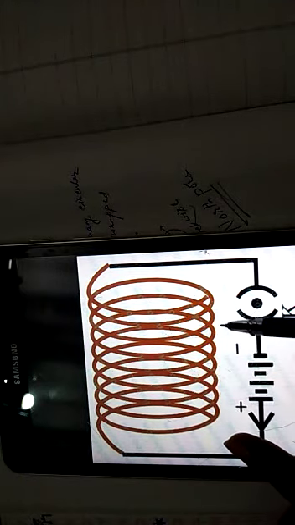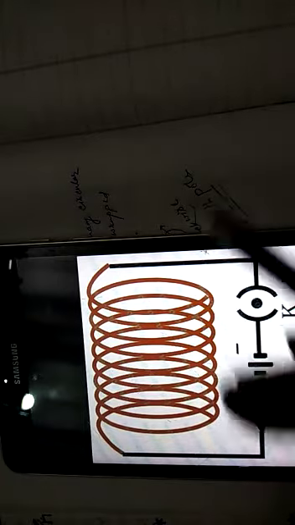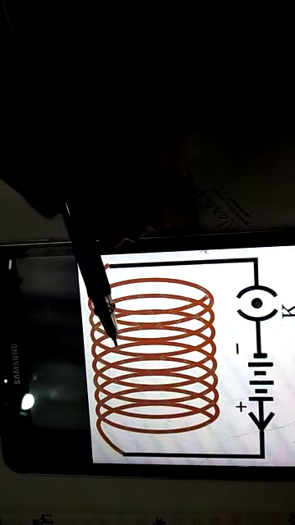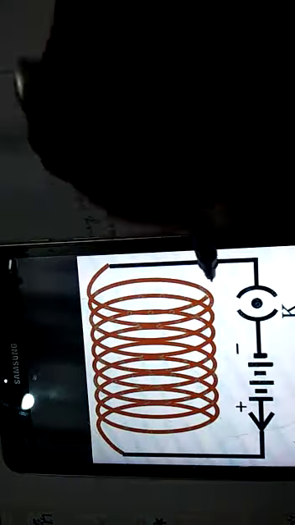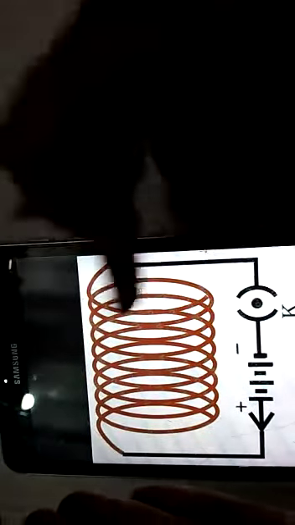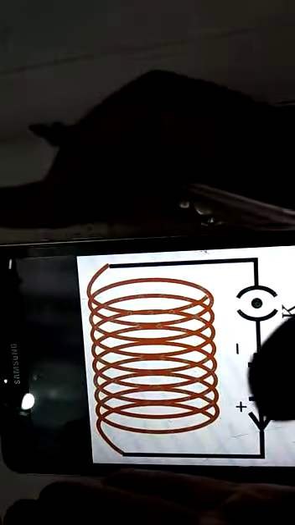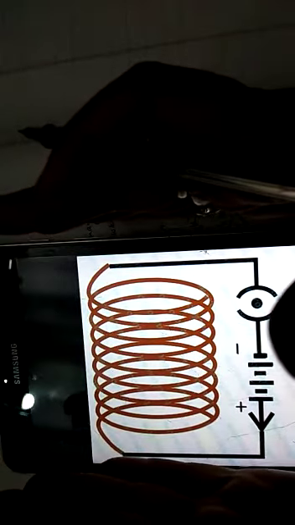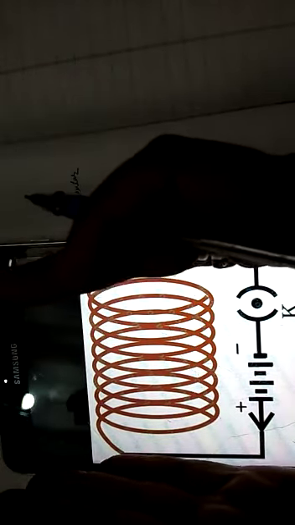Why? If you closely pack the wires, the number of turns in a fixed length is increased, keeping the length constant. If you increase the turns by increasing the length, you can make it a longer solenoid, but if the solenoid is longer, then field strength may not increase. To increase the strength of a solenoid, you cannot increase the length.